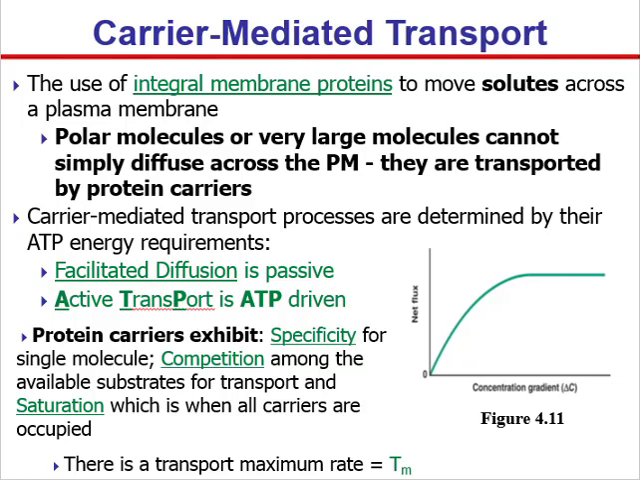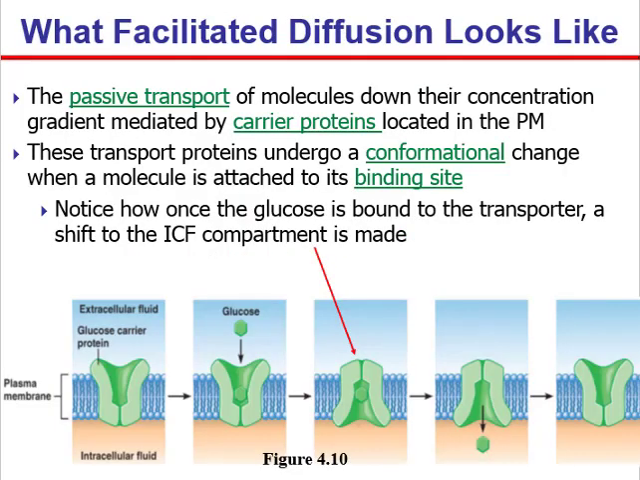Okay, so facilitated diffusion. If we look here in figure 4.10, we get to see how the protein interacts with the substrate. In this case, it's a glucose molecule. This is where large, bulky molecules, like our 6-carbon sugar, are going to be bound by the protein temporarily, causing the protein to change shape, and when it changes shape, it dumps the sugar molecule to the inside or ICF compartment